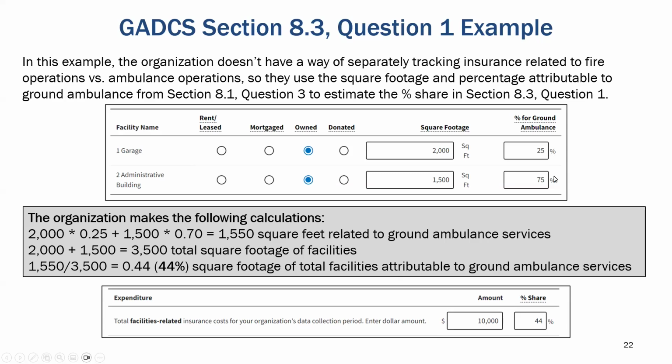Just reported two different shares up here, but in section 8.3, you can only report one percentage. And so you can basically take the sum of all the square footage after you've multiplied out these allocation factors, and divide the latter by the former, as we've written out here in the box, and get your 44%, which is the appropriate share overall across both of these facilities.